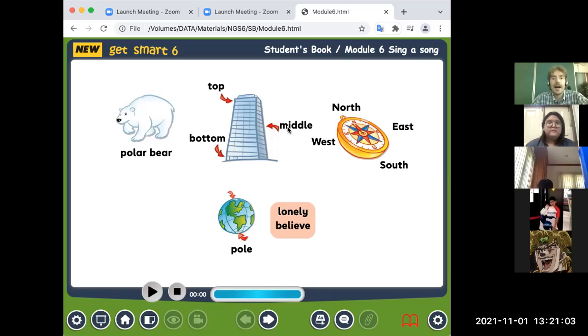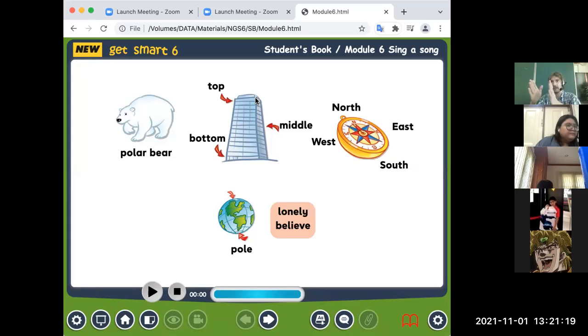And between them is the middle. Actually, middle doesn't have to be connected with top and bottom. It could be connected also with left and right.